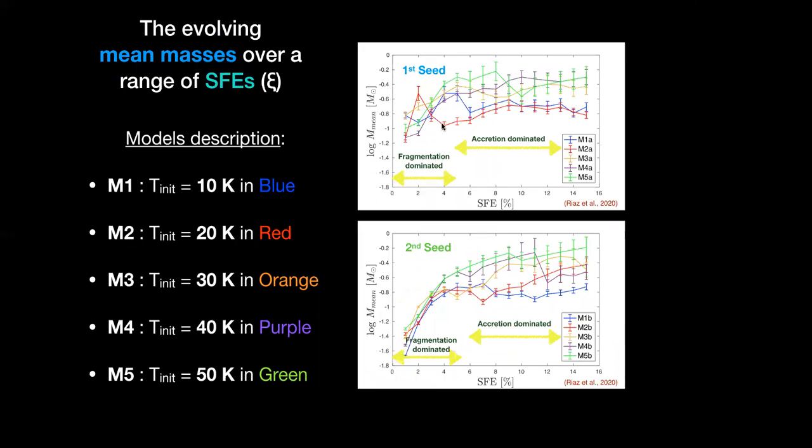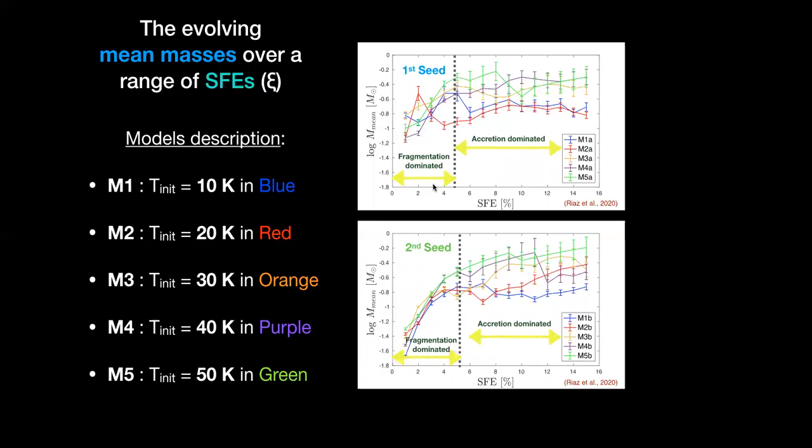Then we also find that the mean masses are also following a specific trend. And that is also perhaps one of the most important slides. Let me spend at least a couple of minutes on this particular slide. So in the fragmentation dominated regime, which is the isothermal phase of collapse, we find that the CMB contribution is actually not giving a real trend, because all these curves are almost scattered. You don't have really the trend available.